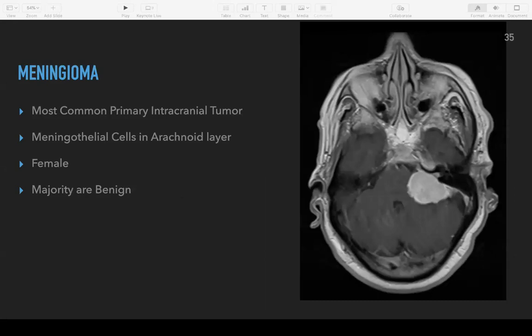What is the difference between this term and the glioblastoma term? The difference is that when we are talking about glioblastoma, we are talking about the brain tissue, the brain parenchyma. But when we are talking about the meningioma,